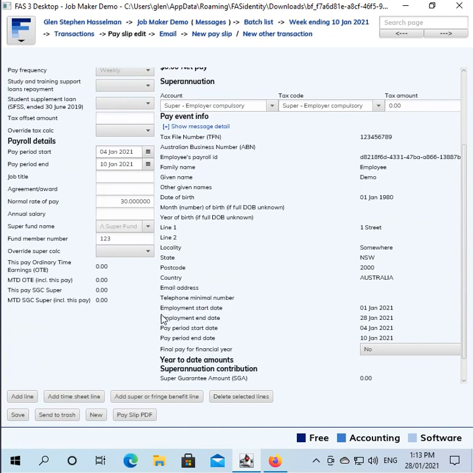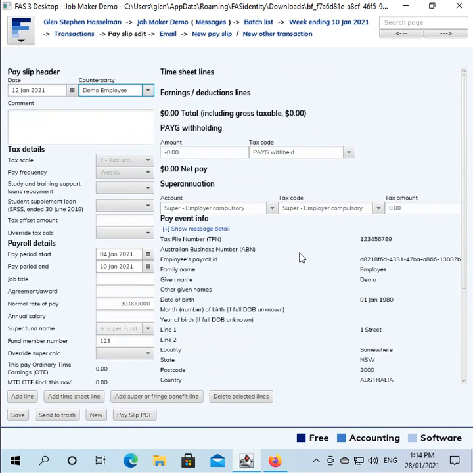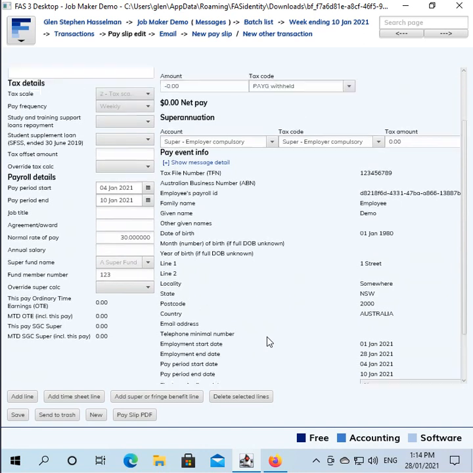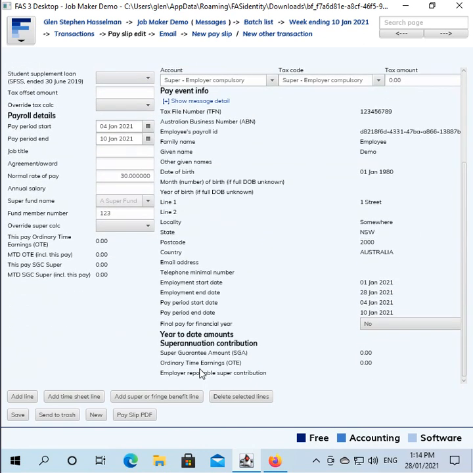Okay, more information down here. Employment start date, 1st of January. Employment end date, 28th of January. So that was the start and end date that we entered on the employee setup. And I haven't paid this employee yet, so there's no year-to-date figures at all. Now, it's worth remembering that under this heading, Pay Event Info, that is the information that goes to the ATO. So all of that information goes to the ATO